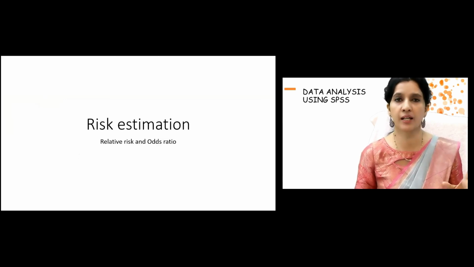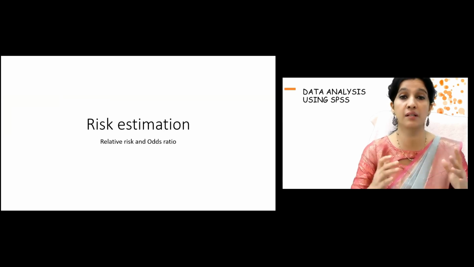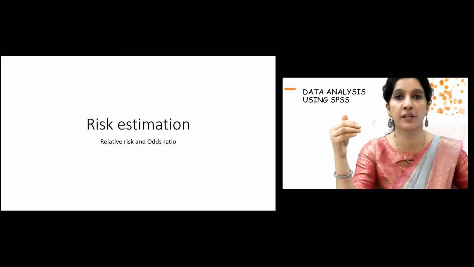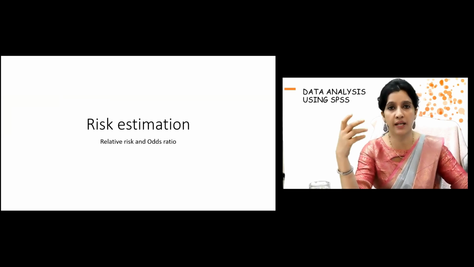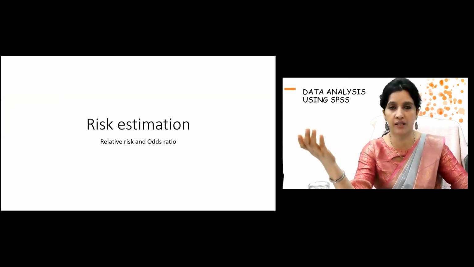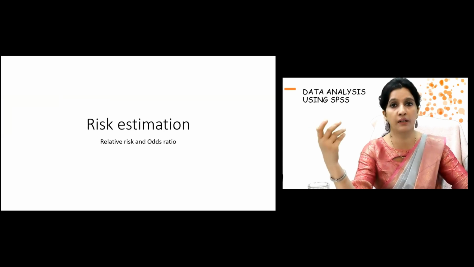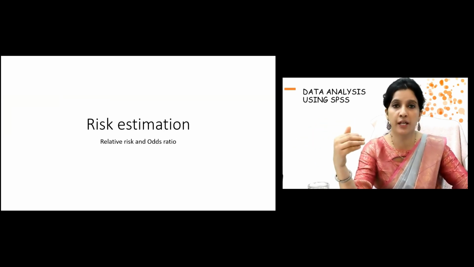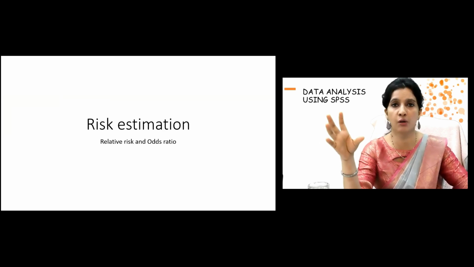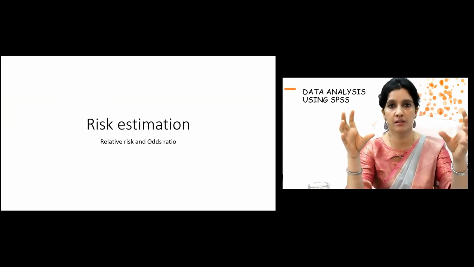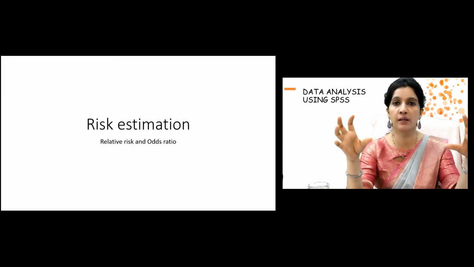Generally, for all practical purposes, we seldom determine the relative risk, because to determine relative risk, we should have a cohort or a prospective study design. But again, we may have it in any study design in our data. So I'll tell you both the interpretation of relative risk and odds ratio. I'll not go into the detail of these epidemiological concepts. This workshop focuses on the commands in SPSS and writing the interpretation.